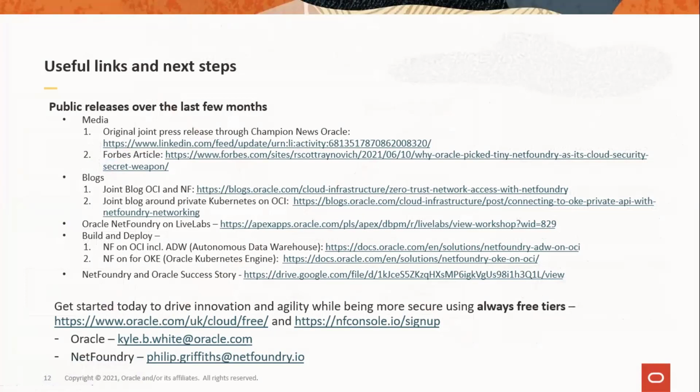Develop an application, try out a new service. Similarly, we have our NetFoundry sign up where we always have a free tier as well. So together people can start testing. You literally go to the Oracle website, you can go to the NetFoundry website, you can build your own private OKE cluster using just software and APIs, and see what it can do for your organization.